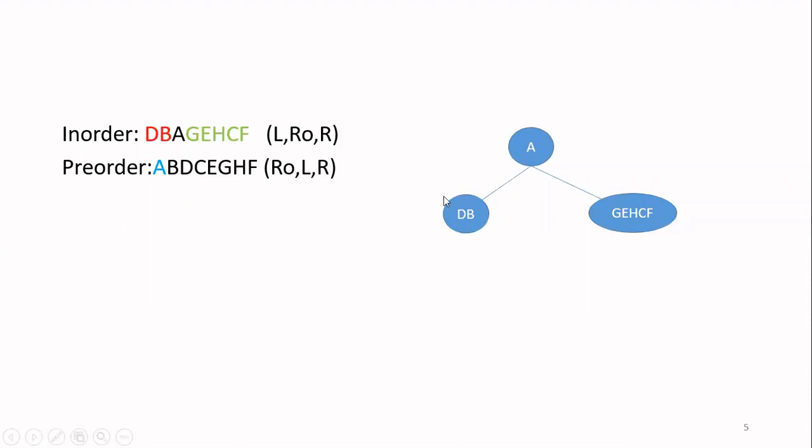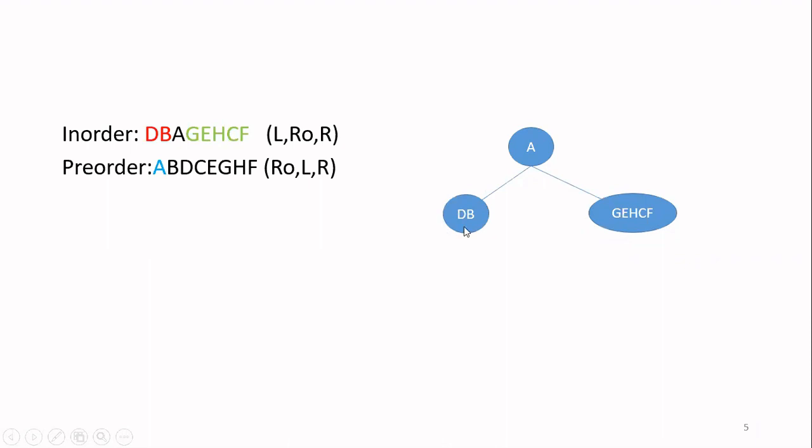So now I am going to do the same step for the left subtree. Let me focus on DB. Right? Now, what is my next step? I have to identify, out of this DB, which is the root node for that particular subtree. Every subtree is going to have a root node for that subtree. So you find out what the root node of this particular subtree is.